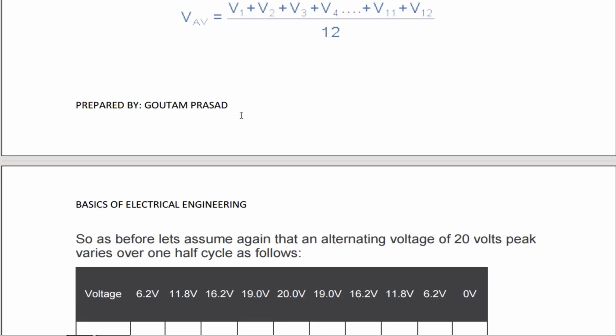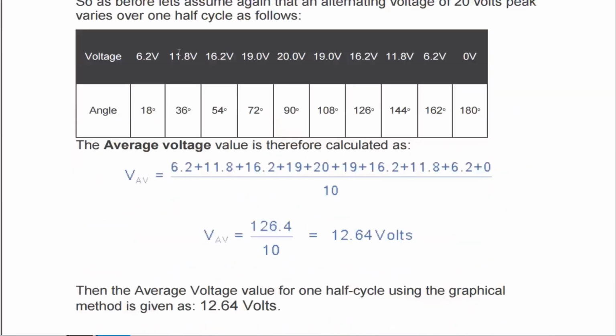So here V1 to V12 sum has been divided by 12. So average value is this value. Taking a better scenario, as we had taken in the case of RMS value, here also we have taken the values for several angles, 18 degree, 36 degree up to 180 degree, and we have summed up the total values and divided by 10. Now this comes to be